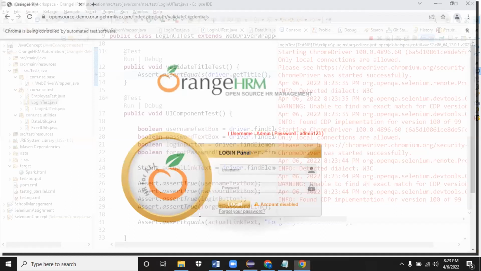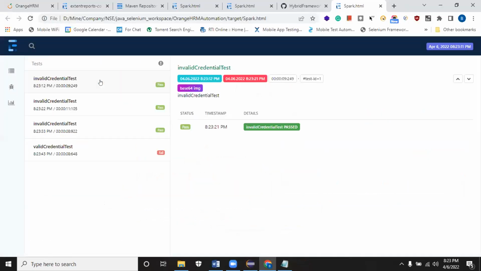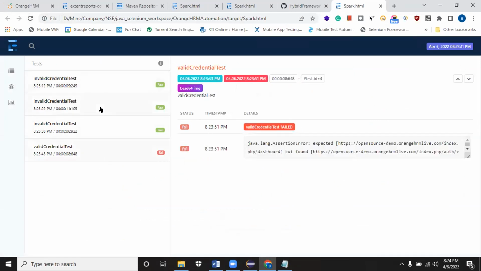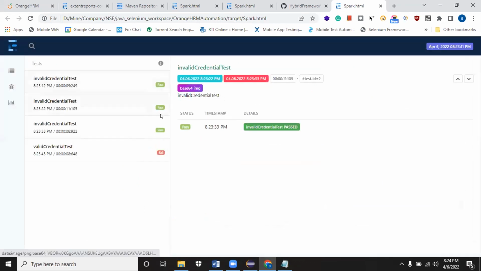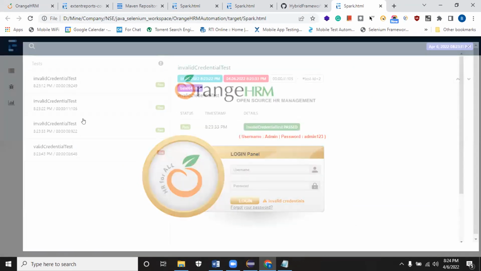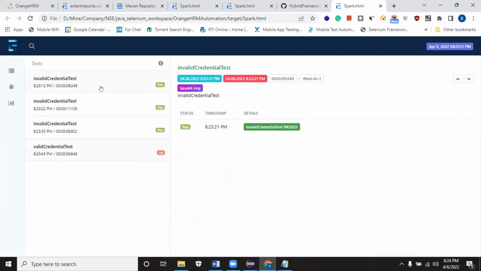Yes, the site is not working, that's fine. Invalid credential and valid credential, it's a failure. Here it will embed the screenshot in the report. Title, you can see this invalid credential test. That's the title. If you want to give any other title, you can add it. Understood?